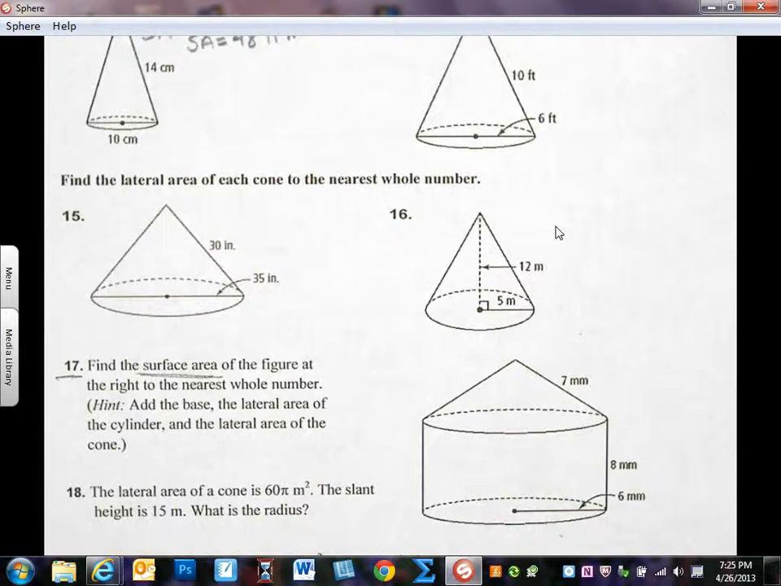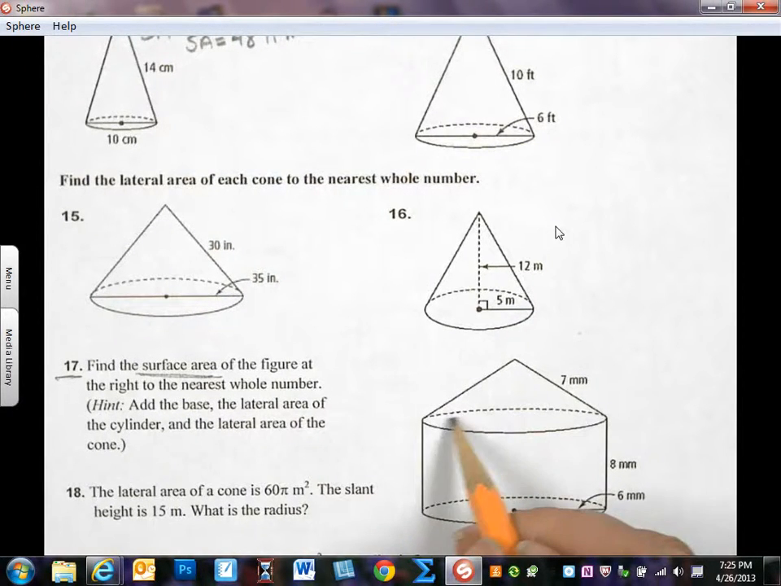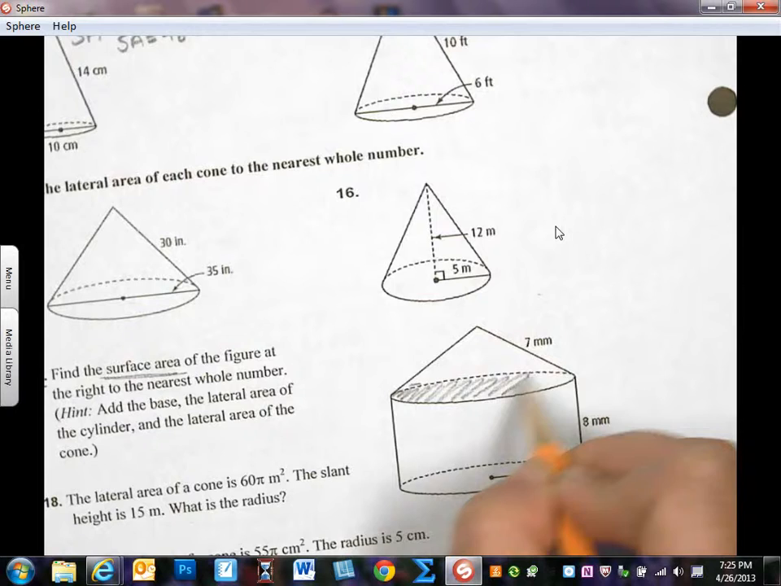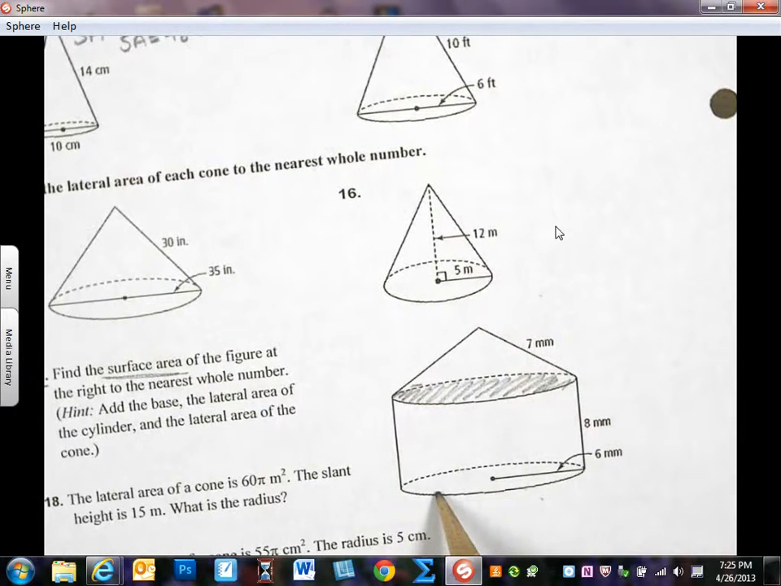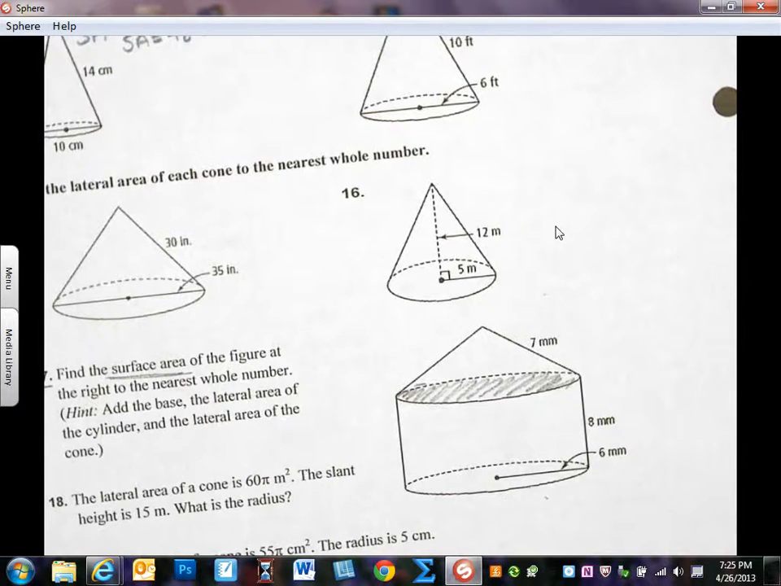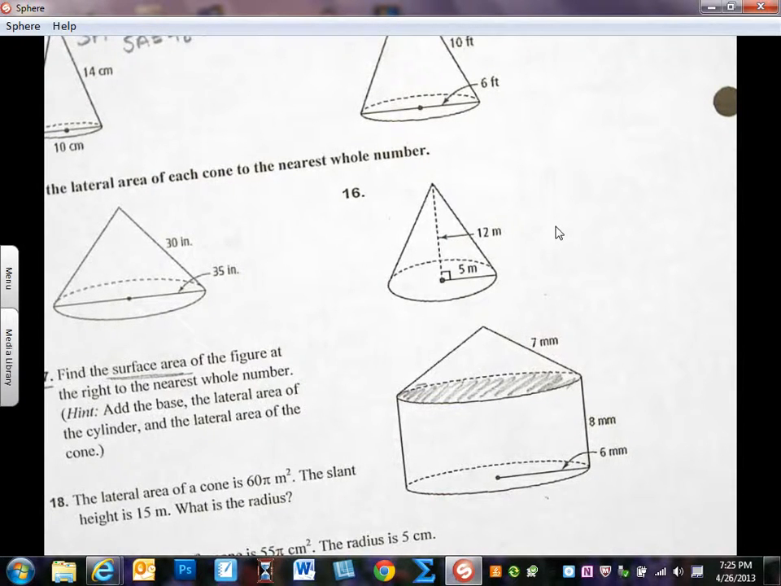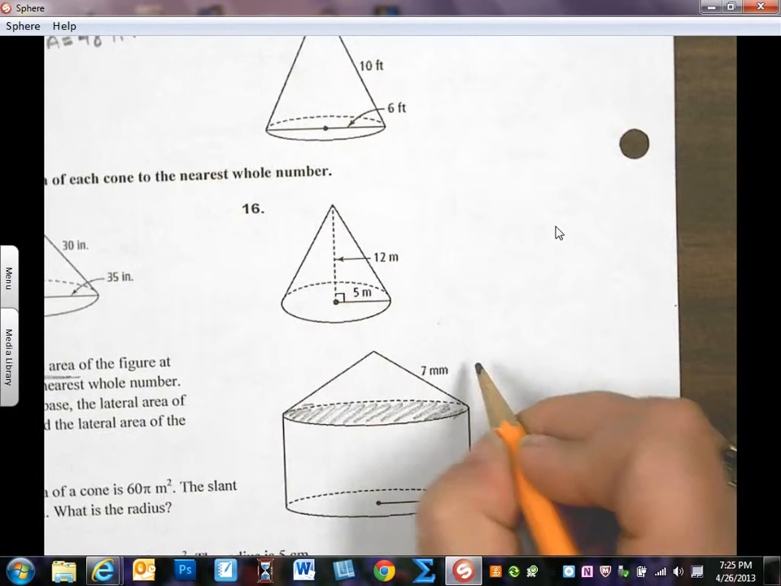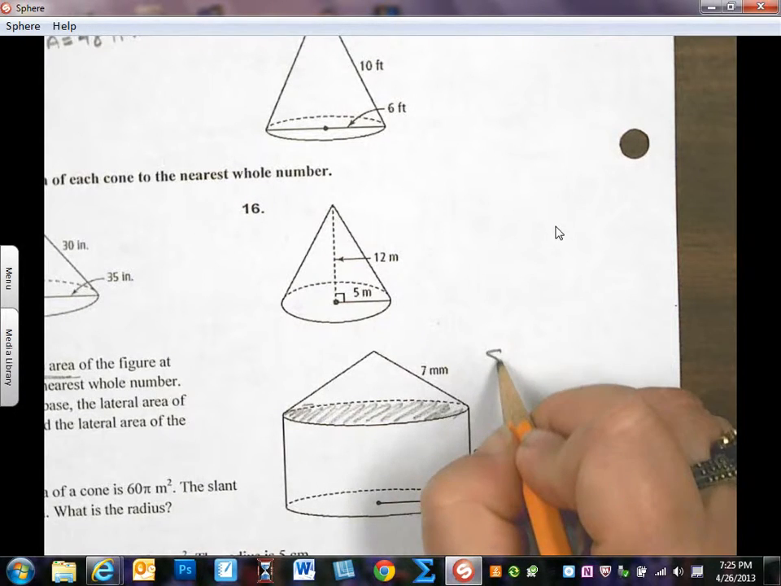So remember, when we find the surface area of this figure, you're not going to be able to find this. That's not really part of the figure. This base is, but that base is not. That base is underneath or inside the figure, so that's not a surface area. So be careful when you get problems like this. We would be able to find the surface area of the cylinder,